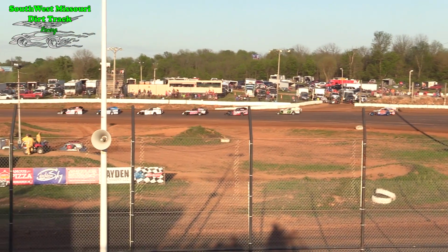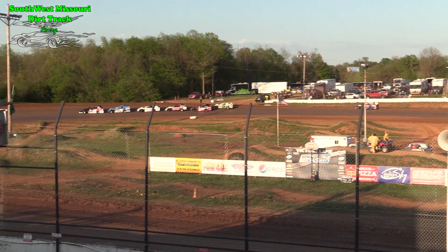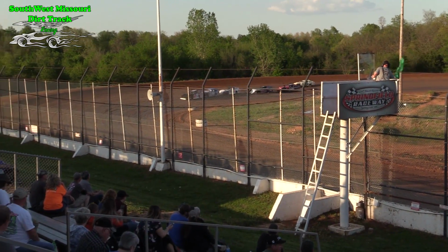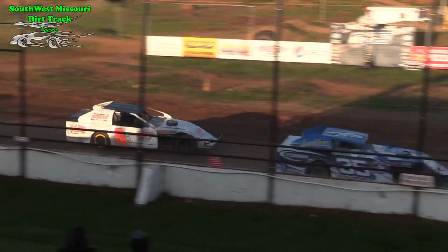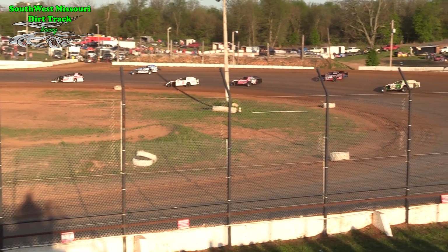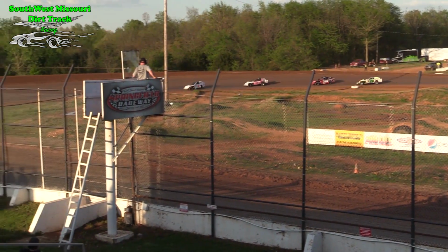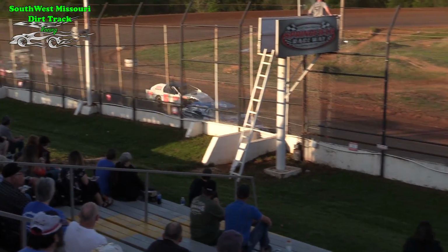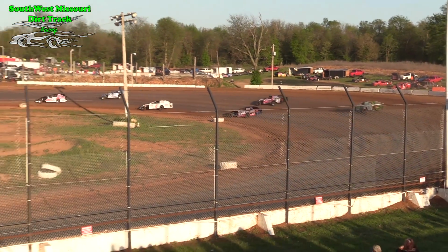Dwayne Hobbs in the 5H doing a good job holding on to the number 3 position. Ken Walker lining up behind him in the 4th position. Kyle Bates, one of our heavy hitters in the Midwest Modifieds, is going to look to make a charge to the front as the green flag comes out. Andy Austin, the 72, sticks that car right on the bottom side of the speedway. Langton working the middle of the racetrack. Dwayne Hobbs there in the 5H machine working the bottom side of the speedway, trying to move up to challenge